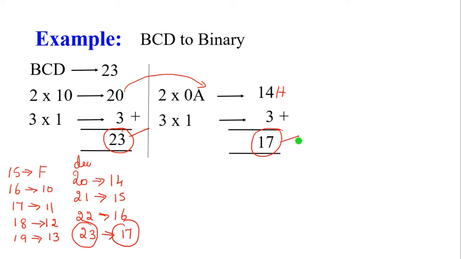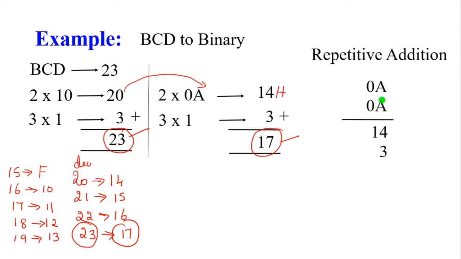In this example, I am using repetitive addition. What is meant by repetitive addition? Here the tens digit value becomes 2. That's why 0A would be multiplied by 2. Without multiplication, we are using the repetitive addition method. Here 0A is added 2 times. 2 into 0A means 2 times we add the 0A value. The result is 14: 0A plus 0A becomes 10 plus 10 is 20, and the equivalent hexadecimal number of 20 is 14.